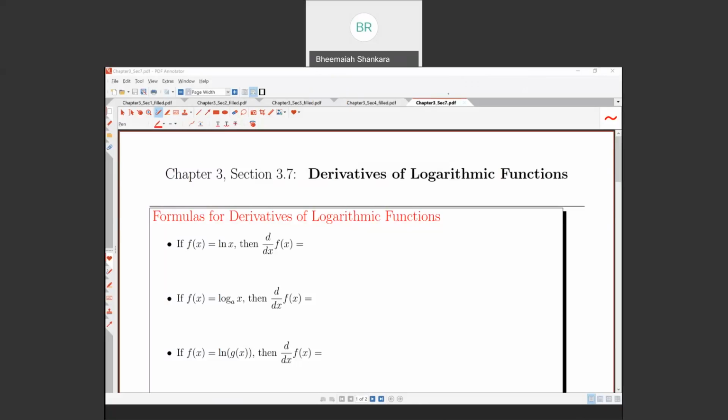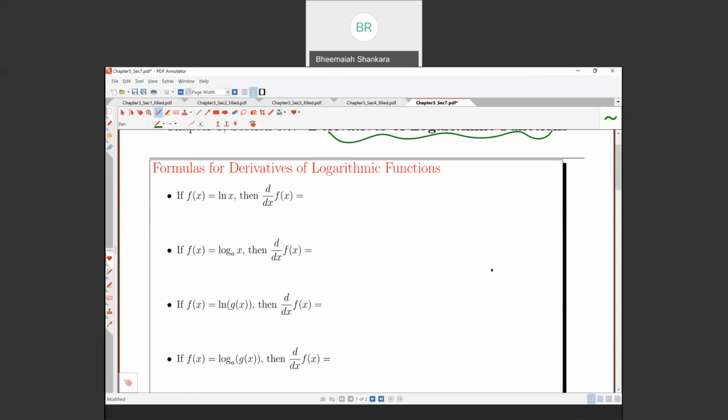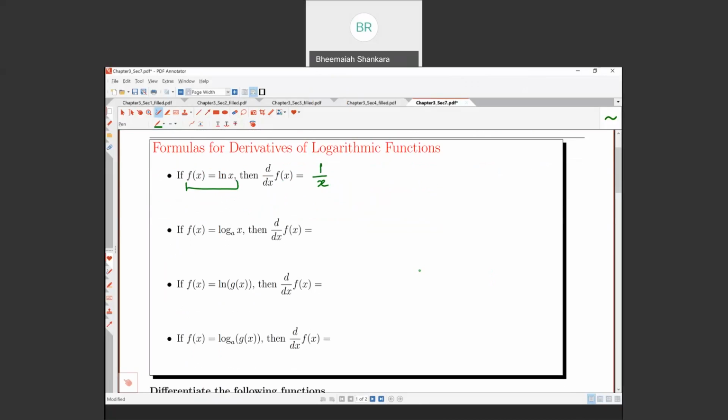In this lecture, we will learn about the derivatives of logarithmic functions. Suppose the function f of x is ln of x, natural log of x. Then we want to derive f of x. So the derivative of f of x is 1 over x, which means we are doing the derivative of the function f of x. The function f of x is natural log of x, ln x, and the derivative of ln x is 1